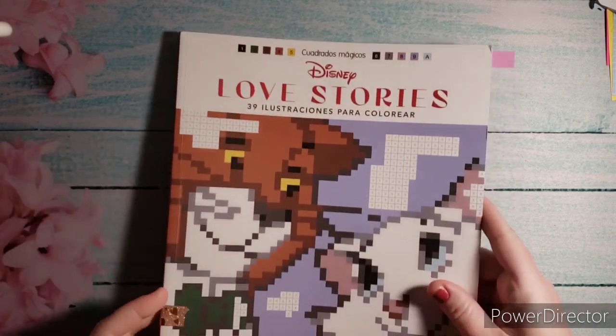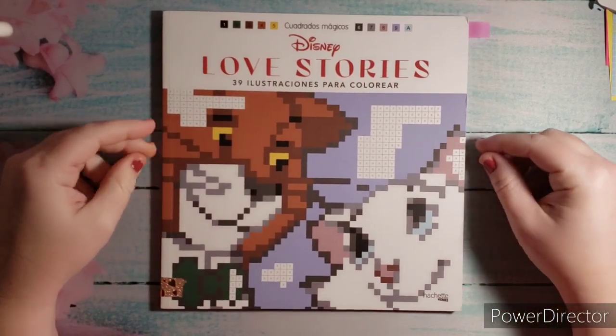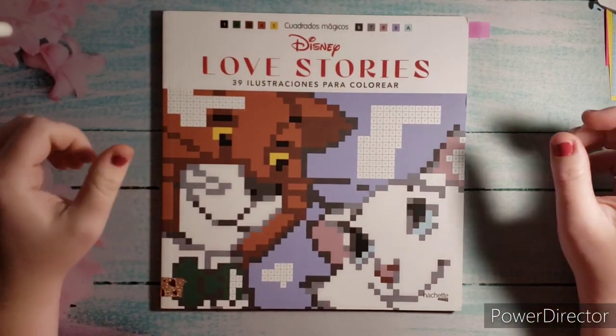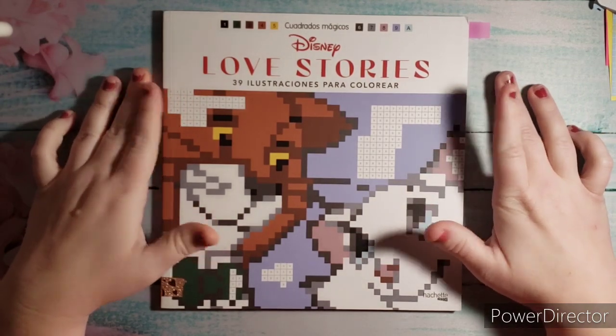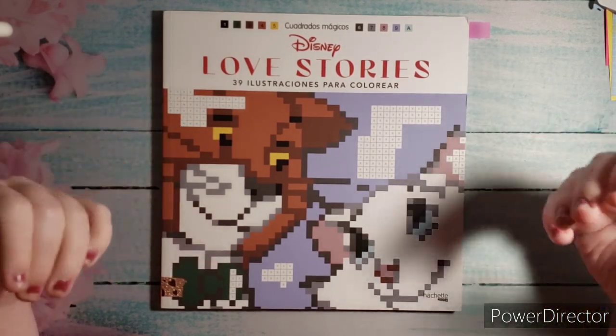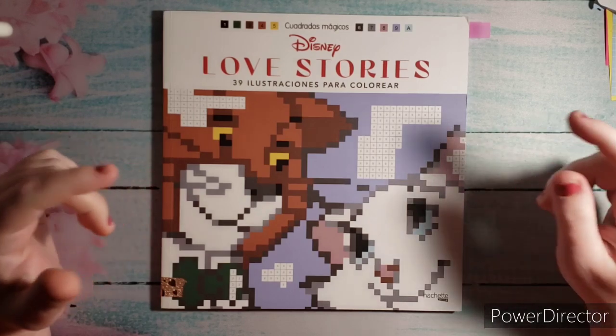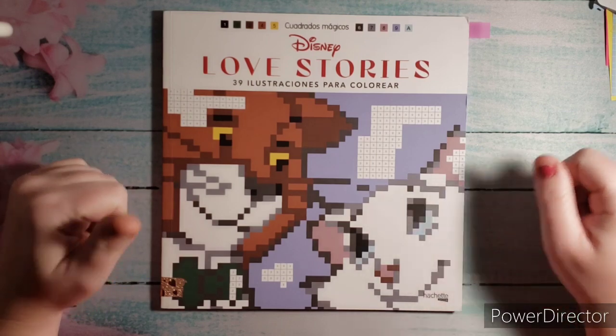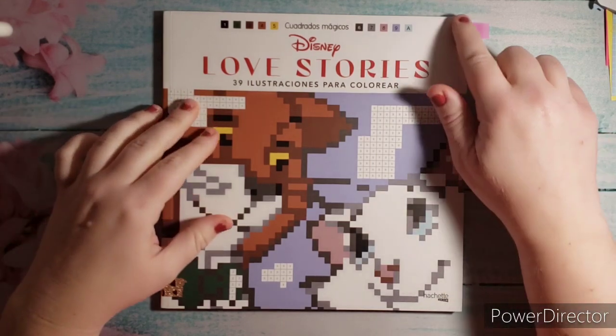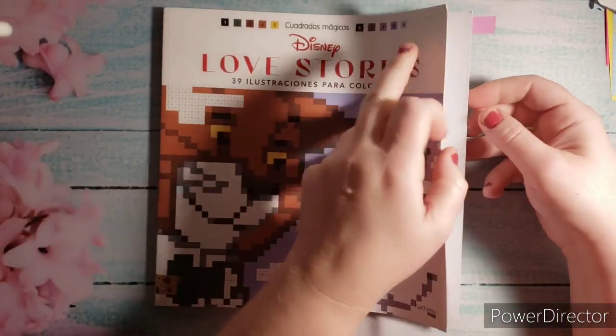Next one I have here is Love Stories, Quadros Magicos, Disney. After I did my collection video and only realized I did one in here, I'm like, okay, that can't happen. It is Valentine's Day and we need to do more in this book. So I decided to just do the first page,